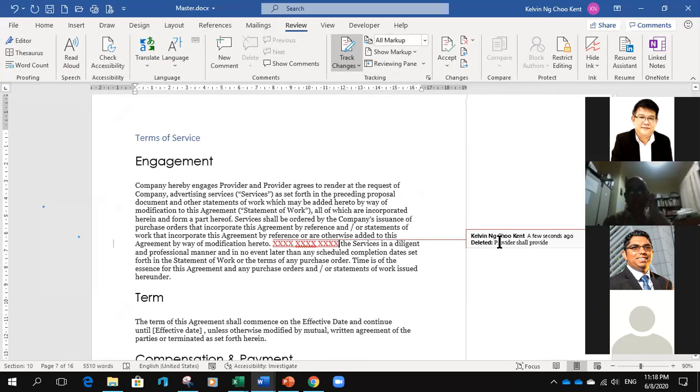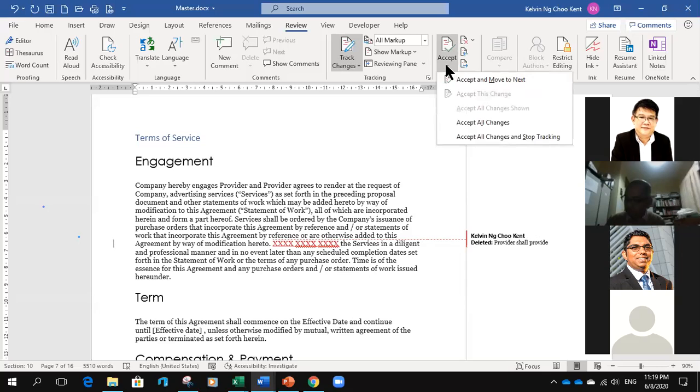So they will know who has deleted the words "provider shall provide" and changed it to this. At the end of the day, if this is agreeable, you can accept the changes. So there's Accept, and move to the next change.